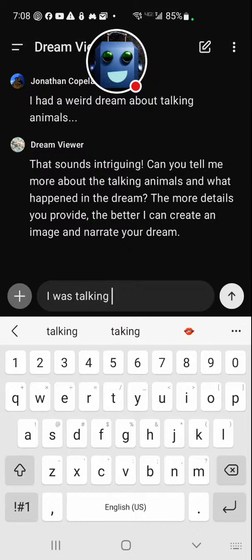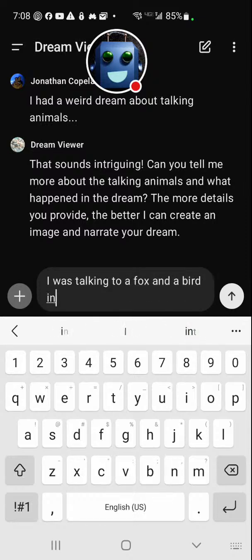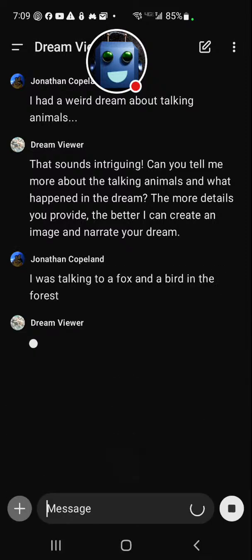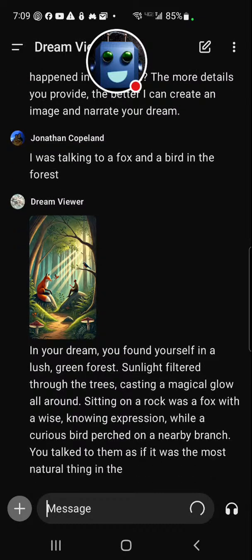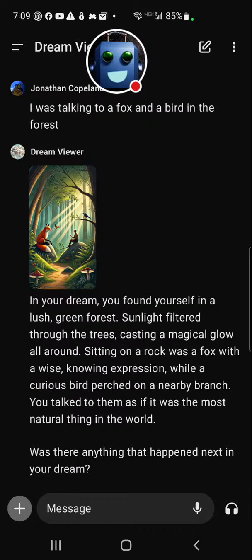So make up this dream. I do like that it asks for more details if you don't provide enough. So yeah, that's pretty cool. The fox is a little big though, but